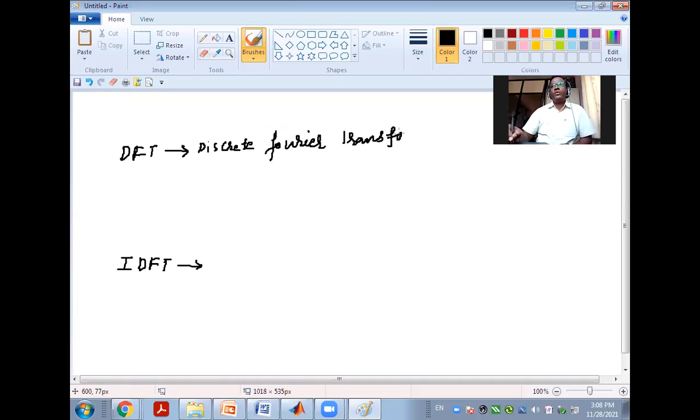So what are we doing here exactly? Discrete Fourier transform means what? I want quick answers. Let's write down the first point. What do you mean by DFT?